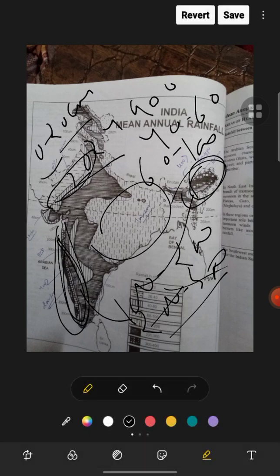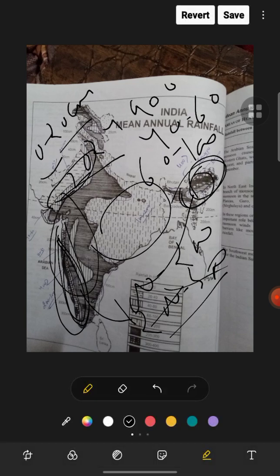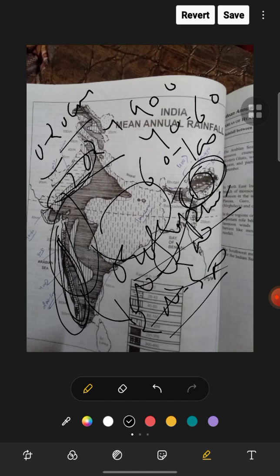Now northeast India, the Bay of Bengal branch of the monsoon. Okay, so there is the Shillong plateau of Garo, Khasi, Jaintia Hill, Meghalaya and other state. Now in this region, orographic feature play an important role because the moisture-laden monsoon winds strike against physical barrier like mountains to cause heavy rainfall. There's some kind of mountains, and because of that mountains, the striking of the winds of the monsoon, there's a orographic feature. What is that? Orographic feature of the rainfall. It represents that particular area.